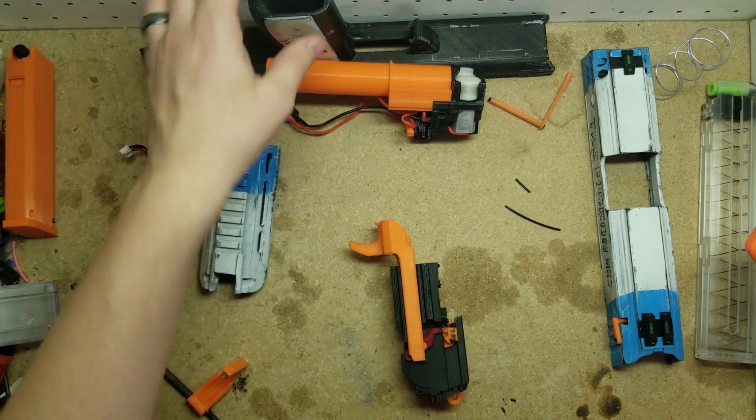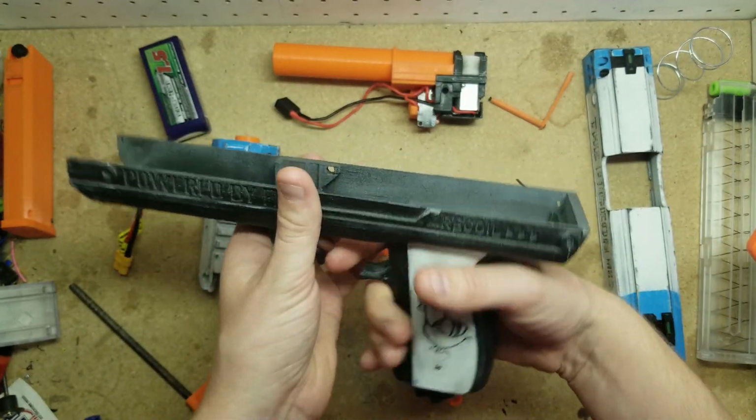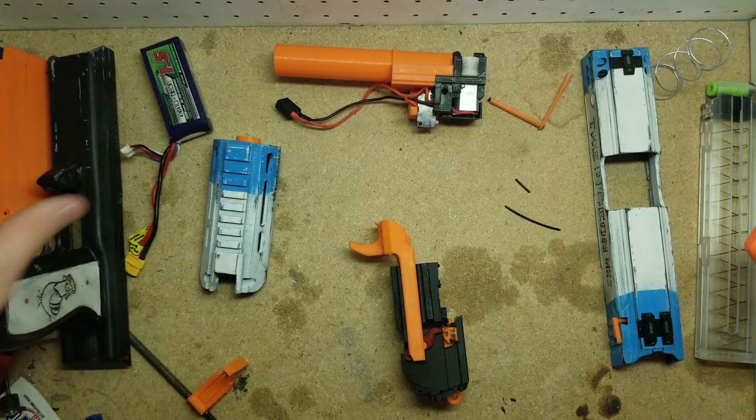So there was actually a version of this that had a slot cut out and had a grip safety for revving. Some people really liked it, but for the most part, I don't think that it really made a difference to anybody. And I had actually a major failure. I burned out a pair of motors because